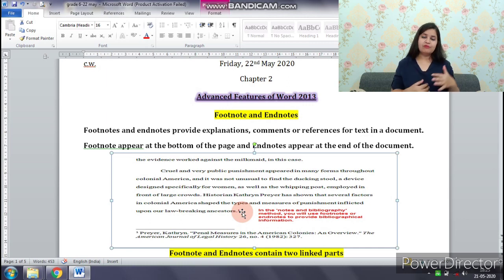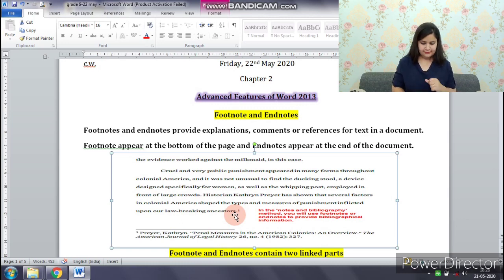So in this image also, there is this number, and at the bottom, the explanation of this number 1. Basically, footnotes and endnotes provide explanations, comments or references for text in a document. Footnotes appear at the bottom of the page and endnotes appear at the end of the document.